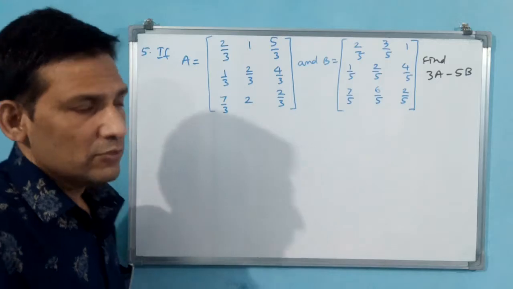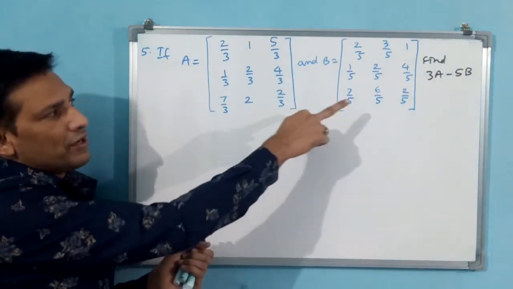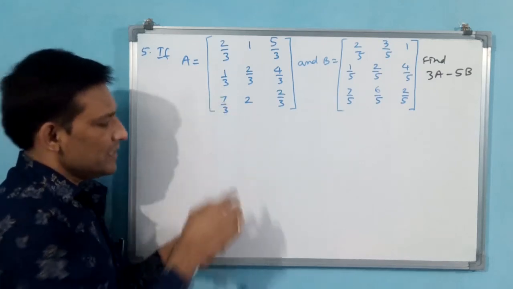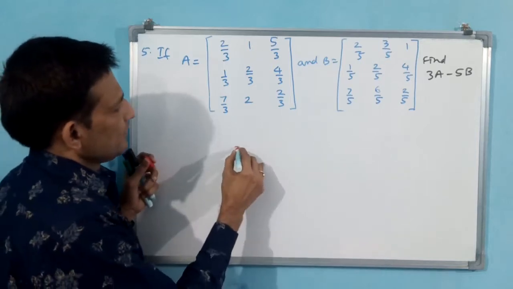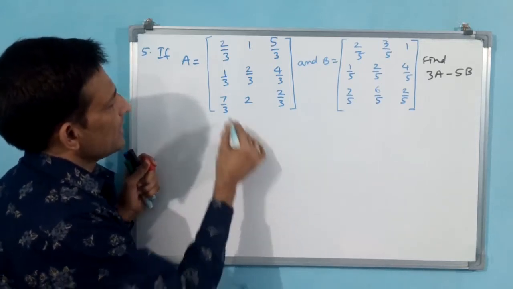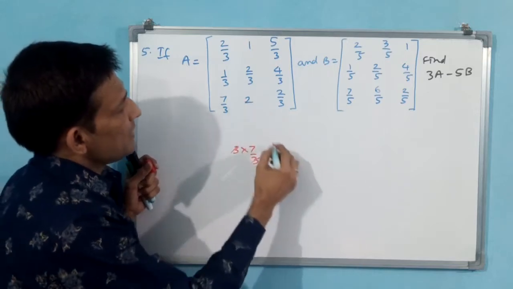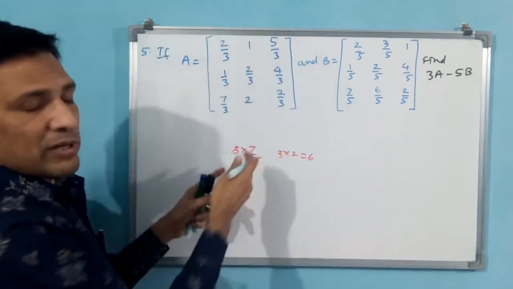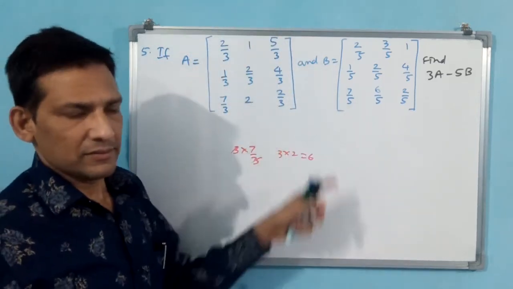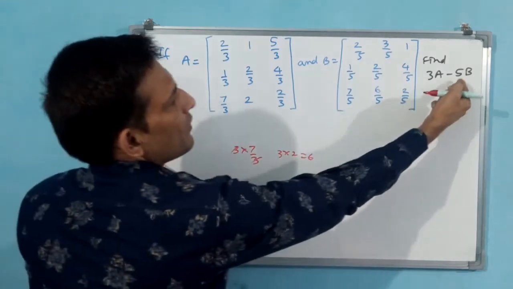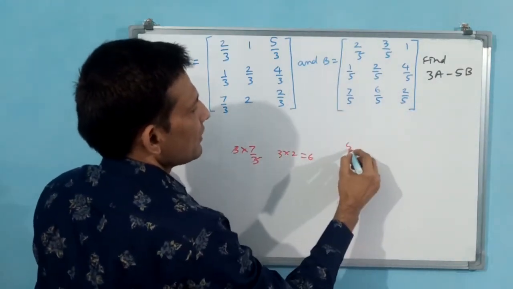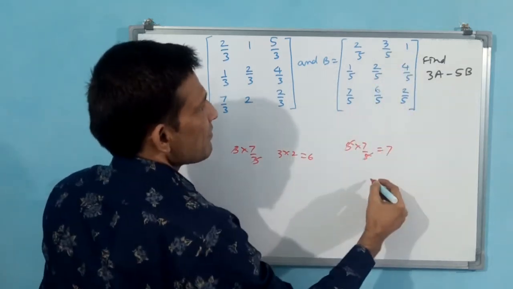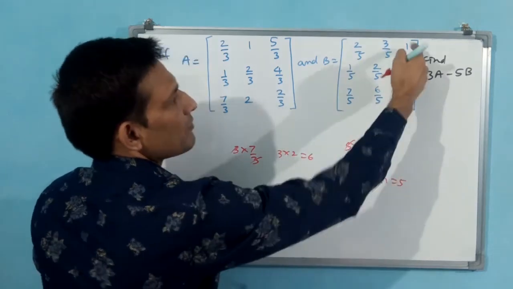3A minus 5B. You see logically if you see here A you are multiplying with 3, if you multiply 3 into 7 by 3, 3 and 3 going to get cancelled. That means 7 it is going to be left. Then if you multiply 3 into 2, 6 is going to come. That means normal matrix is going to come rather than fractions. Here also you see 7 by 5 is there and you are multiplying 5B. That means 5 into 7 by 5 means 7 is going to come. If 1 is there means 5 into 1, 5 is going to come here.